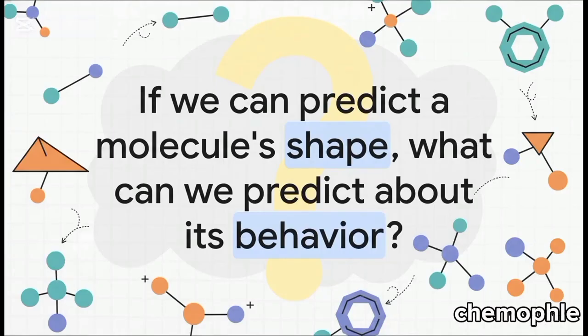So why does any of this really matter? Because, for a molecule, its shape is its destiny. Seriously. The shape dictates pretty much everything. How it will react, if it's polar, how it will interact with other molecules, even its biological function. So by understanding hybridization, we're not just drawing some abstract shapes on a page. We're actually unlocking the ability to predict how the fundamental building blocks of our universe are going to behave. And that, well, that's an incredibly powerful